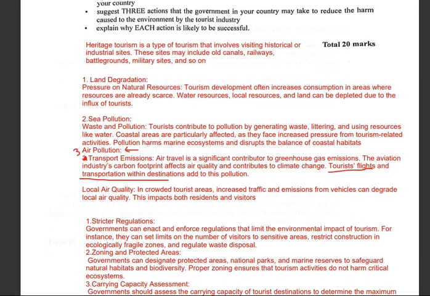Here we could just go along and see this would be stricter regulation. The government could also enact and enforce regulation that limits environmental impacts of tourism. So that would be, for instance, the government can also set a limit on the number of visitors to a sensitive